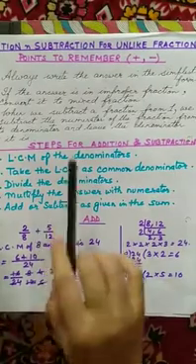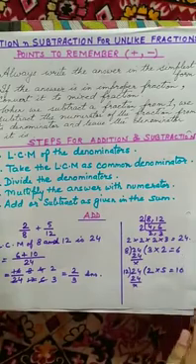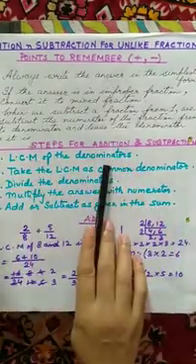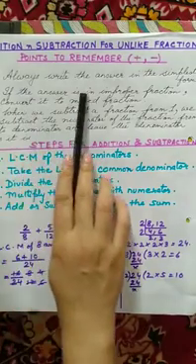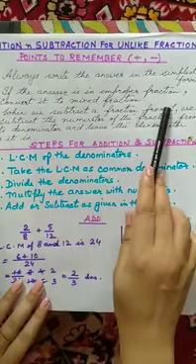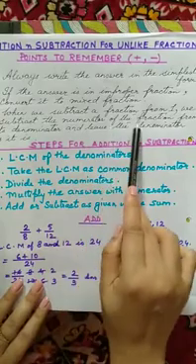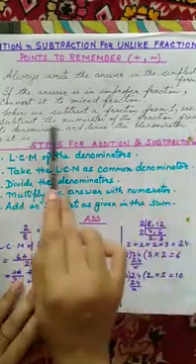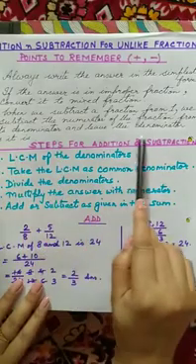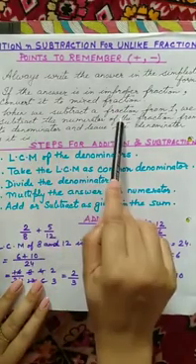Now addition and subtraction for unlike fractions. Before we proceed, let us keep a few points in mind. First is always write the answer in the simplest form. If the answer is an improper fraction, convert it to a mixed fraction. When we subtract a fraction from 1, we subtract the numerator of the fraction from its denominator and leave the denominator as it is. I hope, dear students, you will remember this.